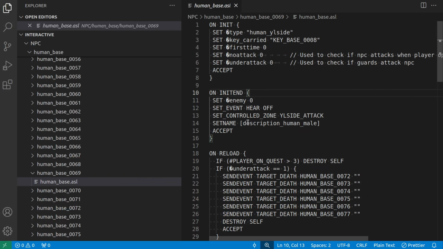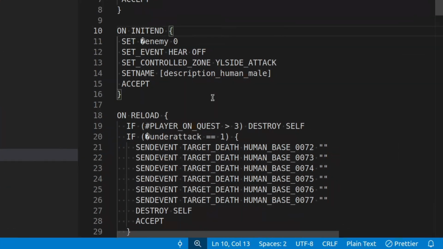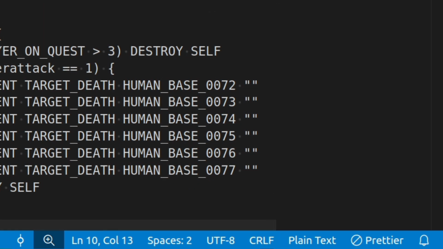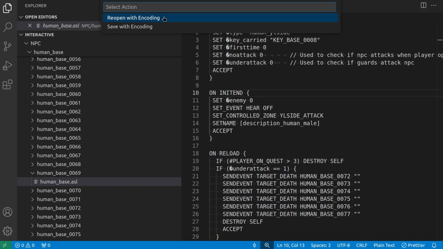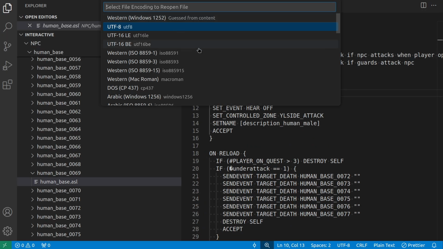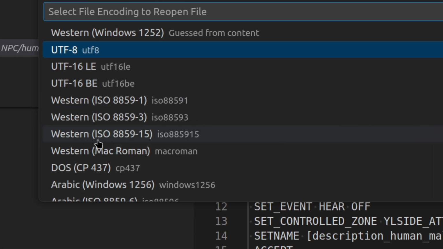Before getting on to what these blocks are and how to read this file, let me first show you how to fix this question mark issue. And also, if you happen to come across a file that is completely Chinese, as I mentioned earlier with the chainmail helmet, then you will also be able to solve that by this trick that I'm about to show now. Go down to the lowest part of VS Code, into this blue bar, and search for this UTF-8 part. It says select encoding when you hover your mouse over it. Click on it with the left mouse button, click on reopen with encoding and select Western, and in brackets ISO